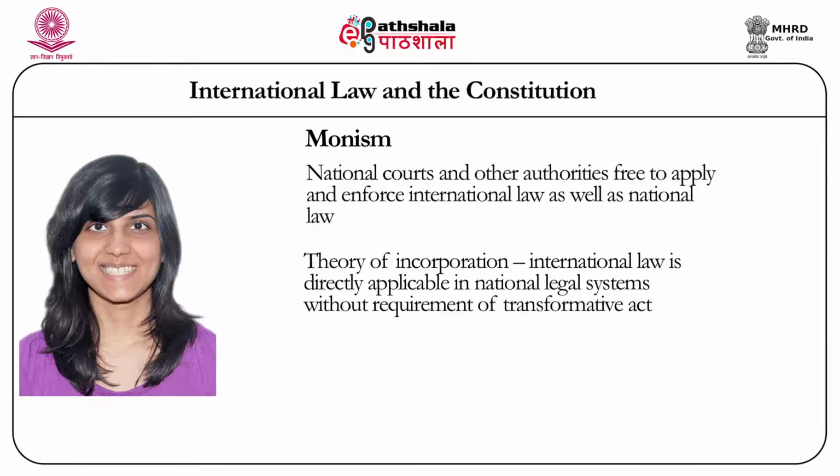For instance, as I mentioned before, under the International Convention on the Elimination of All Forms of Racial Discrimination, state parties are required to prohibit and bring an end to racial discrimination. In a state party that follows the monist school of thought, prohibition on racial discrimination is automatically applicable in domestic legal systems once the treaty is signed and ratified by the state. There is no need for any implementing legislation or executive or judicial action. Individuals in such a state can therefore directly approach national courts in order to enforce the prohibition on racial discrimination.